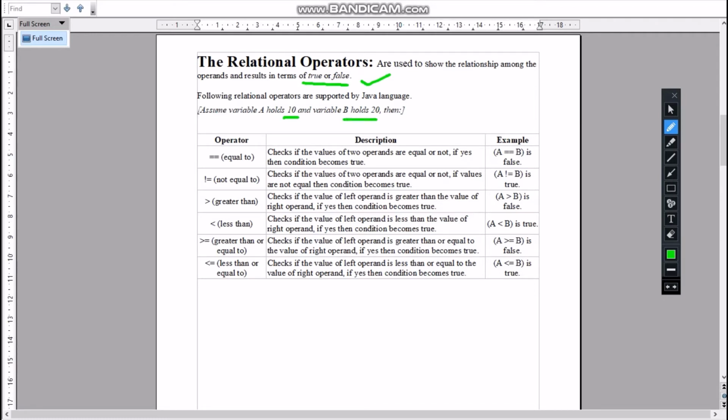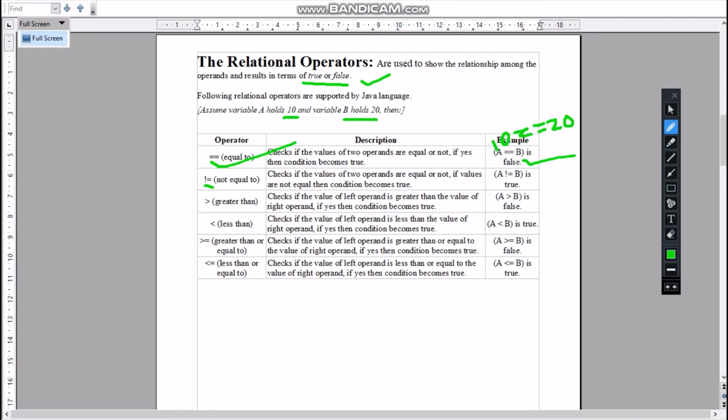Then the double equal to sign will check for equality. Now here 10 is equal to 20, mind it, this is false. So your answer is false over here.